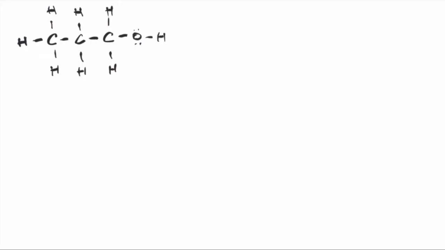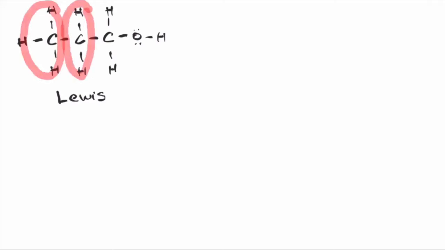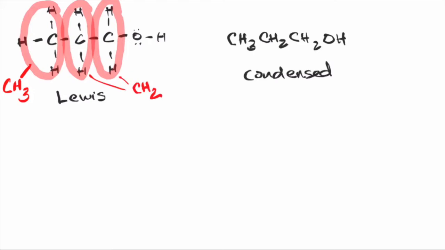So for example, a 3-carbon chain known as propanol can be depicted in this Lewis structure, but it could also be written in a condensed form. In the condensed form, the hydrogens connected to a carbon are grouped together. So for example, on the far left here, you have 3 hydrogens connected to the same carbon, so we can abbreviate that as CH3. And the middle 2 carbons have 2 hydrogens hanging off of them, so we can abbreviate them as CH2s. So in the condensed structure, you would write CH3, CH2, CH2OH.